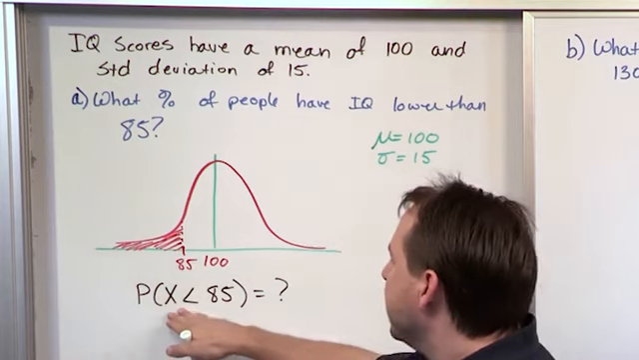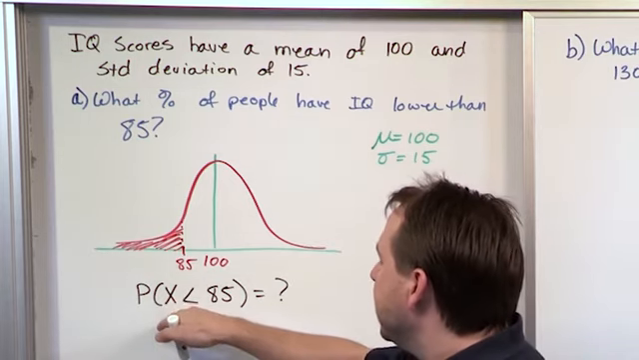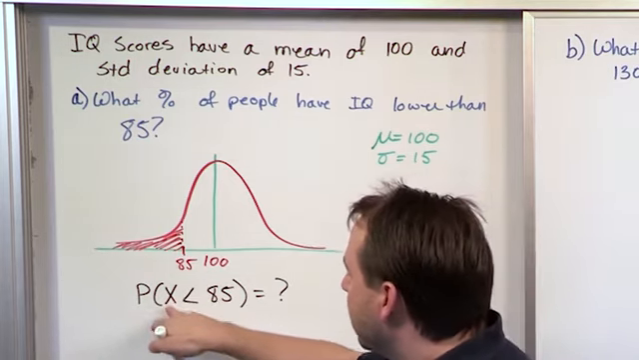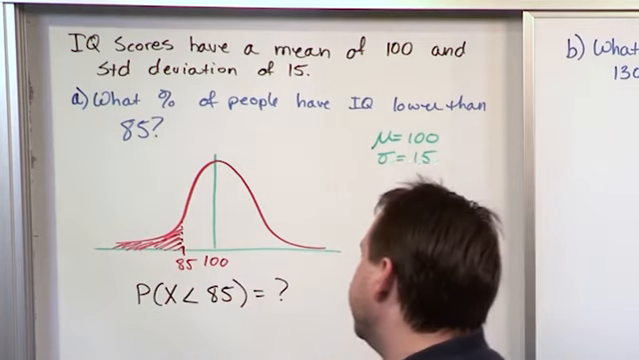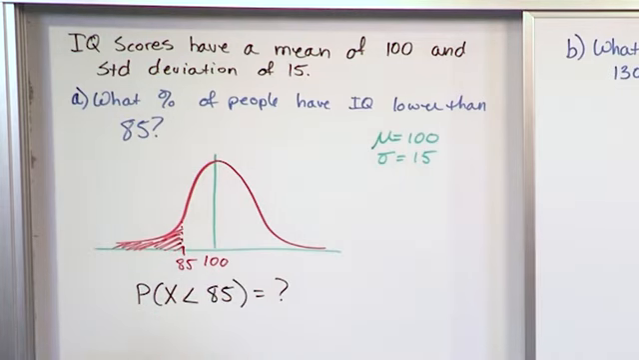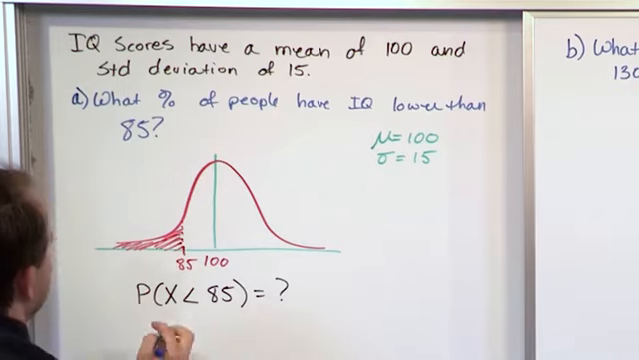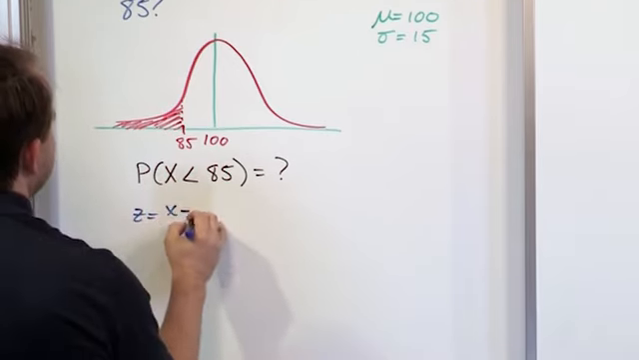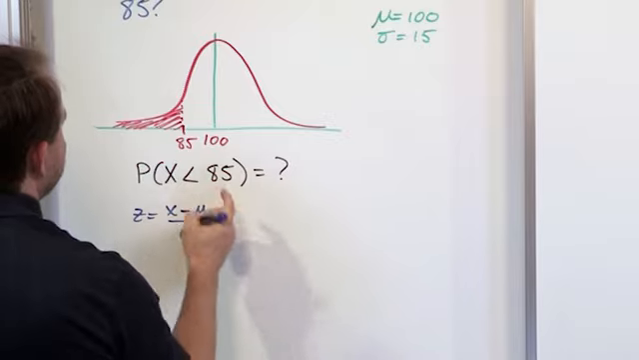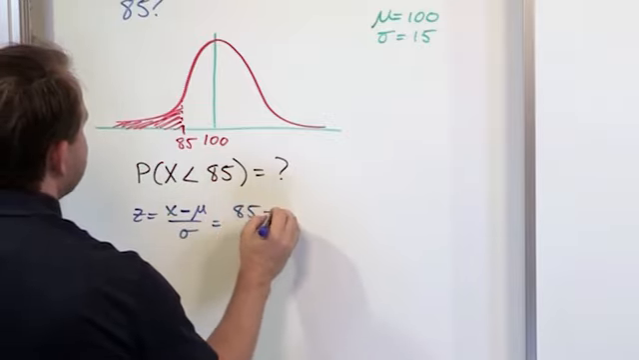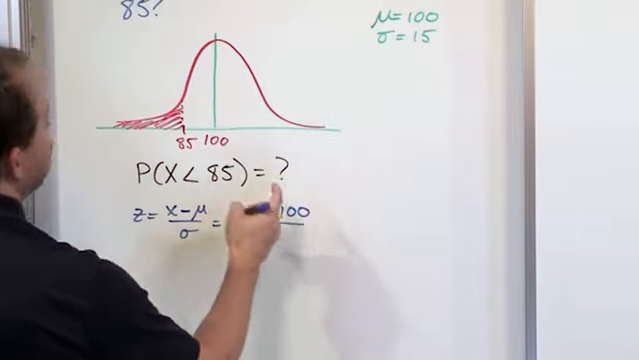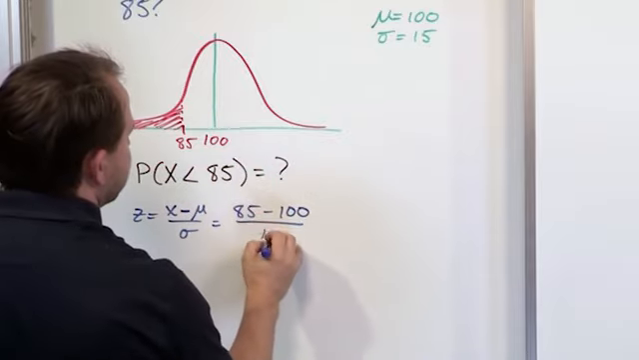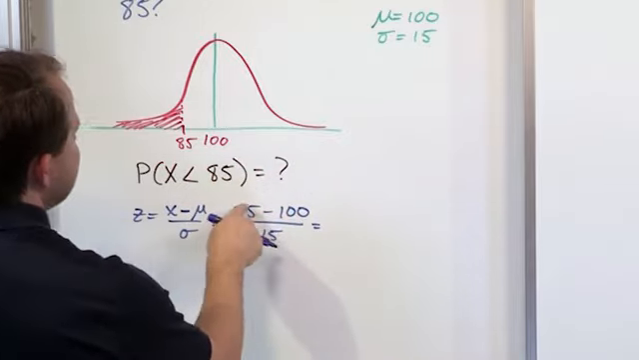So what is the probability that if I pull somebody from the population that their score is going to be less than 85? Well, we can't do it as is. We have to convert to z-scores because we have to use the table. And so what we're going to do is convert 85. So it's the value minus the mean over the standard deviation. We have a value of 85 minus 100. The standard deviation is given as 15. So when you think about it, this is negative 15 divided